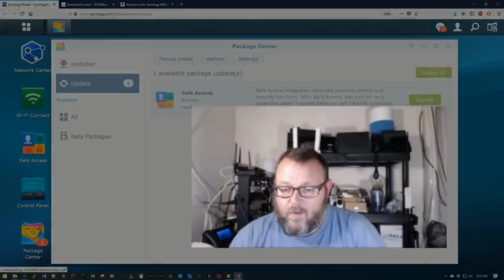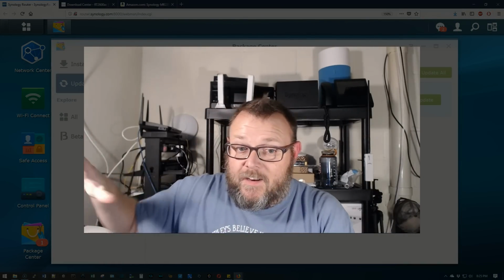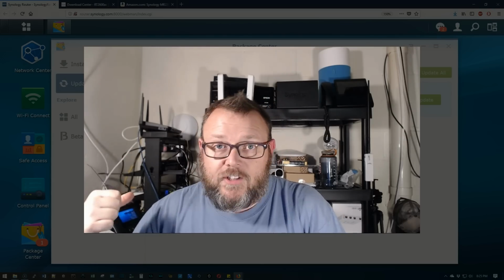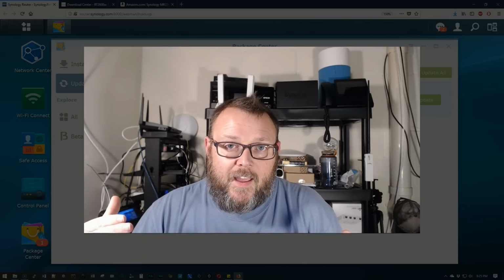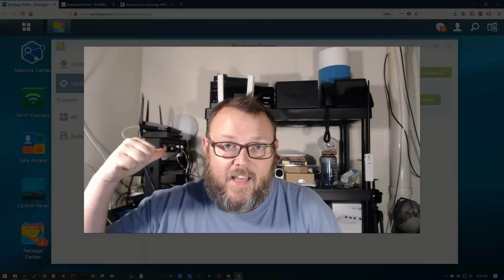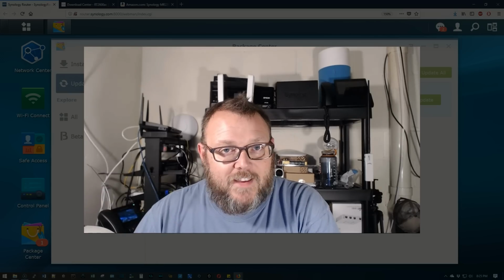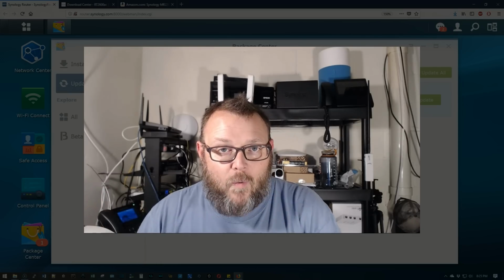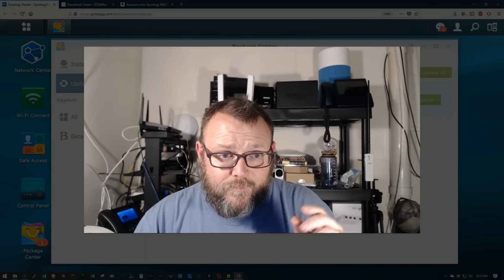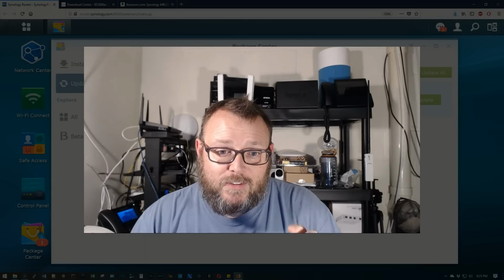Now, real quick, how I'm going to handle this is I'm actually going to create a VLAN on all of my Unify gear and all of the Edge gear. I'm going to create a VLAN, and that VLAN is just going to be a layer 2 VLAN, and I'm going to connect a cable to the back of the Synology. Then I'm going to take all of my kids' devices and put them on that VLAN, whether it's on the Wi-Fi or whether it's on the wire, so that all of my kids' devices have to come through the Synology. So we'll get to see some real devices coming through the Synology,